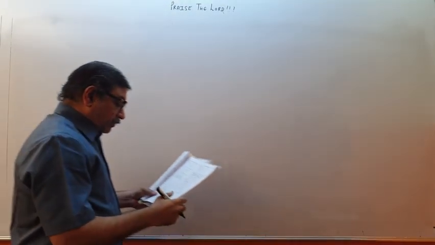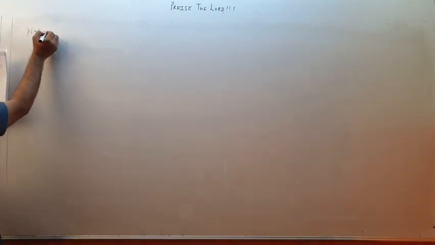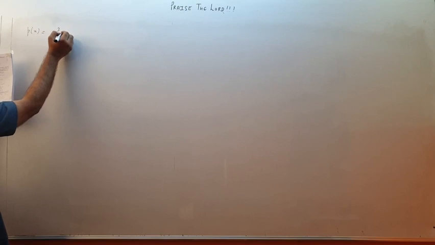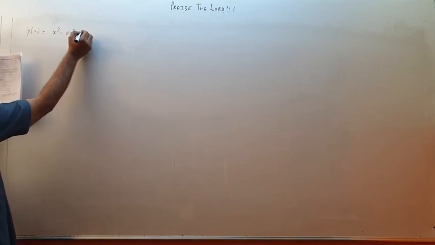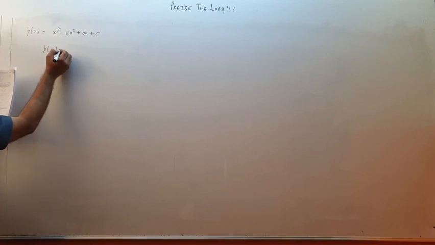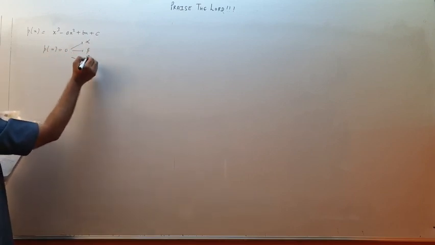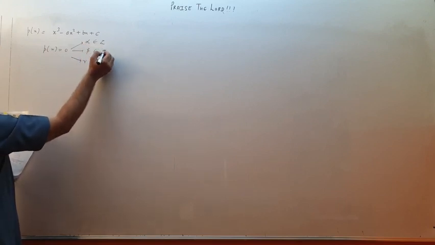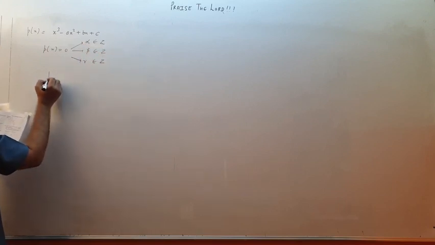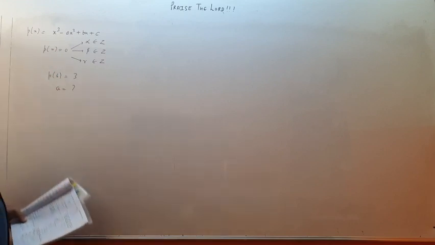Next one, we are having Px equal to x cube minus ax square plus bx plus c. If I put Px equal to 0, then I get 3 roots, alpha, beta and gamma, and they are integers. It is told to me that P6 is 3. So what are the values of a?